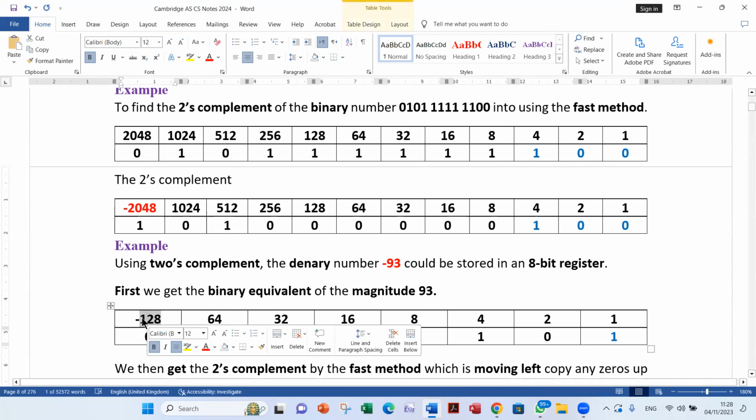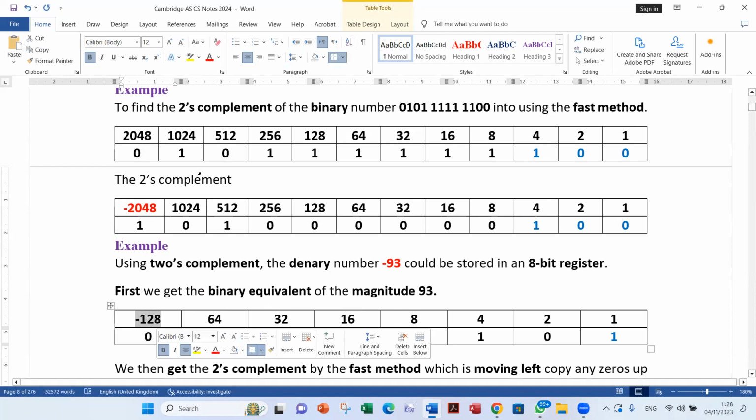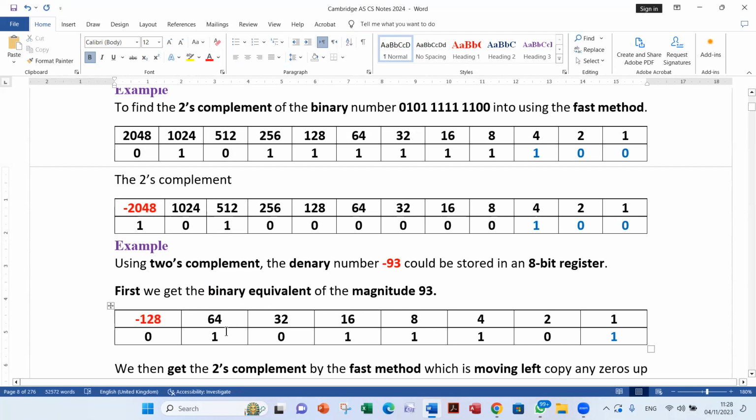93 would be represented like this: 1 0 1 1 1 0 1. Check that with me. Work on that and check that with me. Then we get